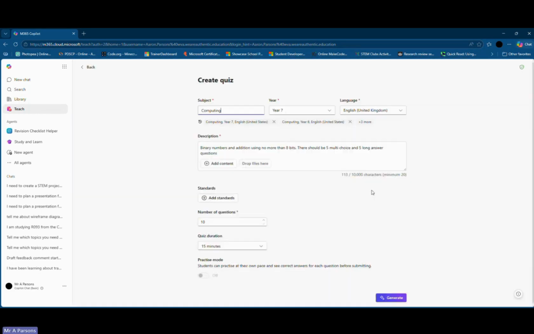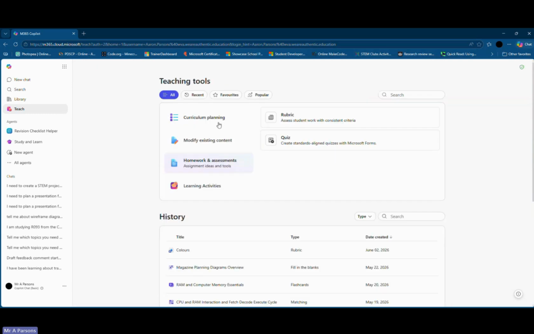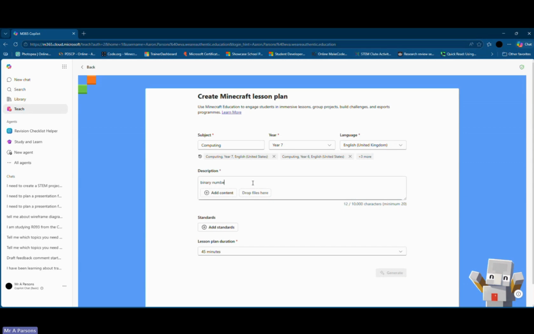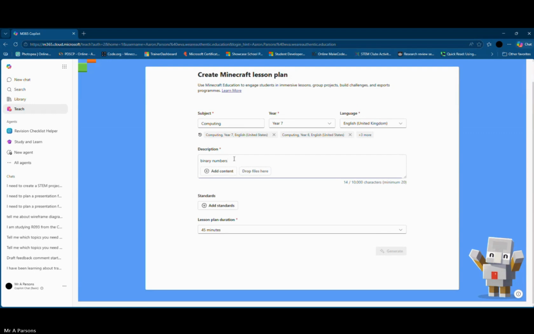I'll just discard that because I've already got one for binary. But again, even with the Minecraft one, I'll use binary again. The binary numbers, but again, I set what it is, and here it's allowing me to pick sort of computing. But we can go through and it will generate it. And it'll tell me,